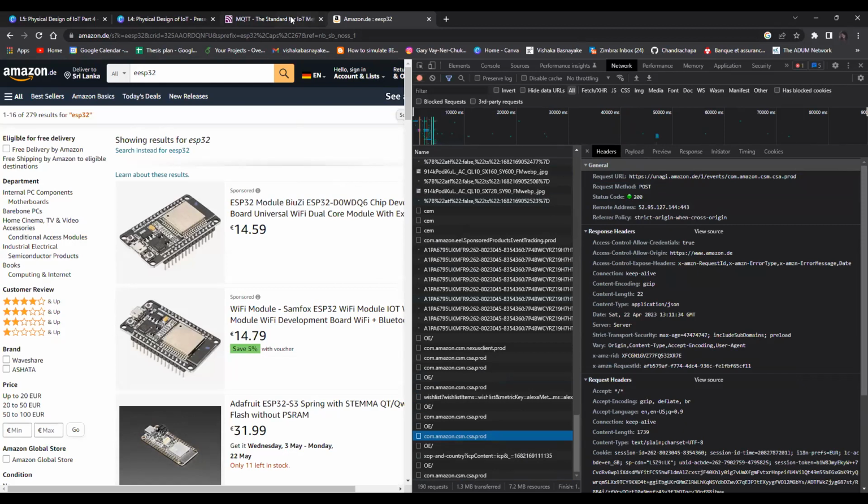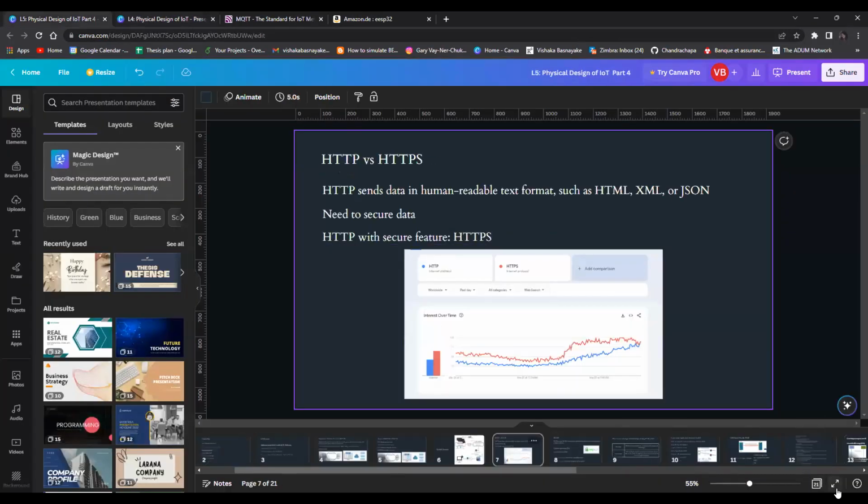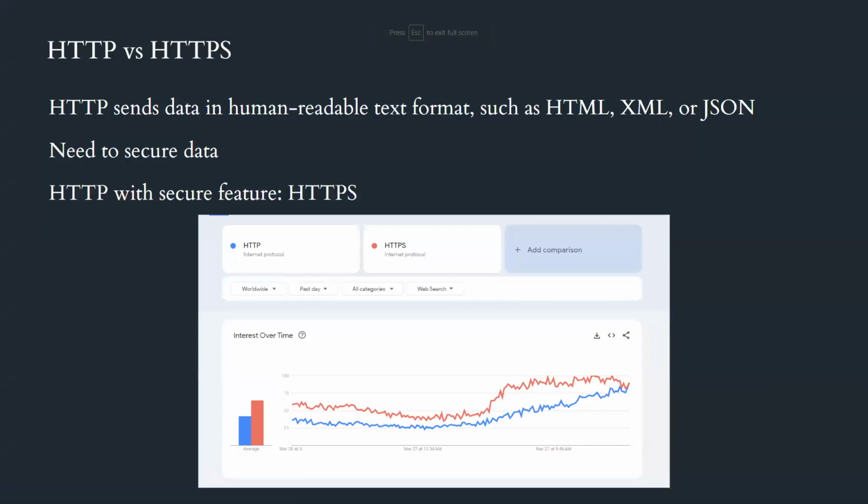So we will now talk about the HTTPS protocol, right? The HTTPS protocol is a more secure communication protocol than HTTP, right? So the HTTP is